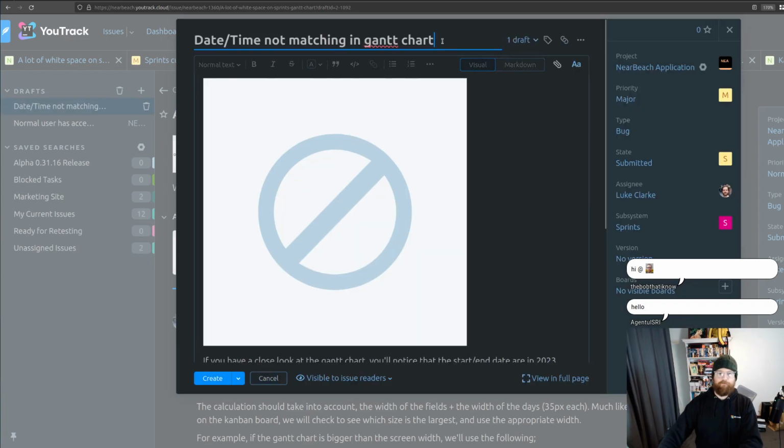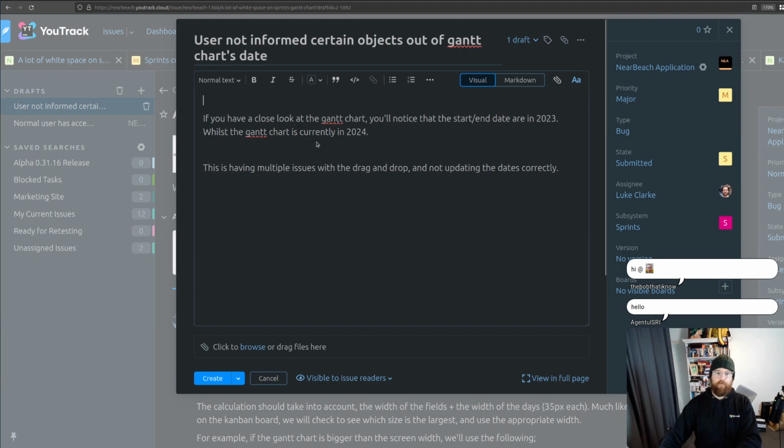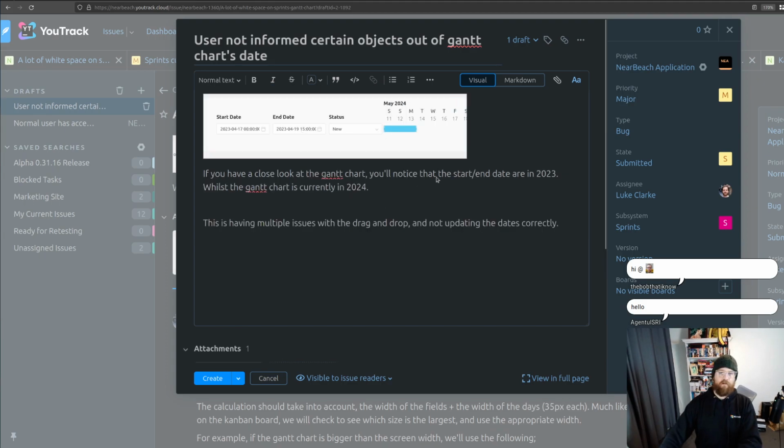So, user not informed certain objects out of Gantt charts date. So if you look closely, yep. User should be informed with a widget that these particular dates, these particular objects have issues within the current sprint. I.e. outside